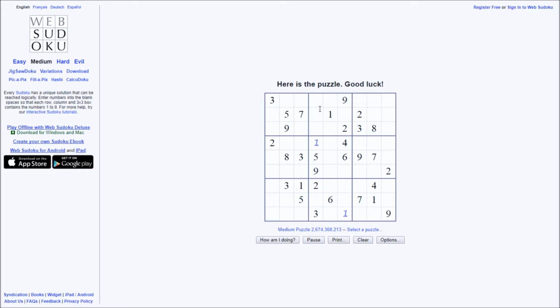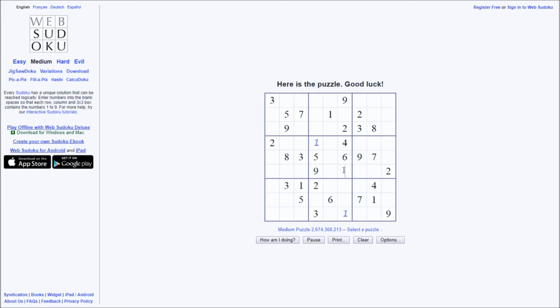If we're looking at all the columns in this middle super column, I guess that's what you could call it, we can see that this one already has a 5 here, which means obviously there can only be 1 5 in this column and 1 5 in this column. So, if we look at the top box here, we notice that a 5 can't be here, which means a 5 can't be in this column in this box. But since there already is a 5 in this box, there can't be a 5 in this column in this